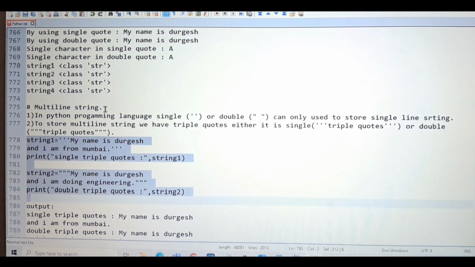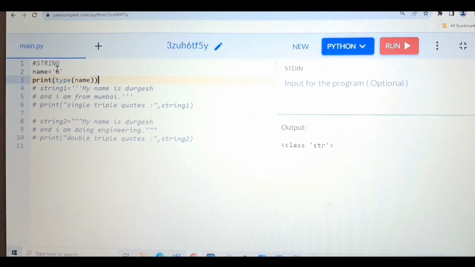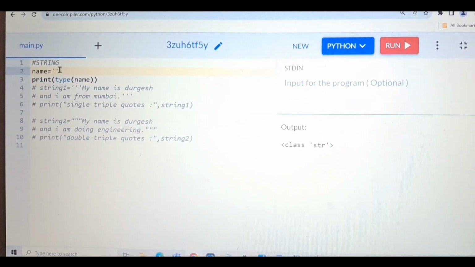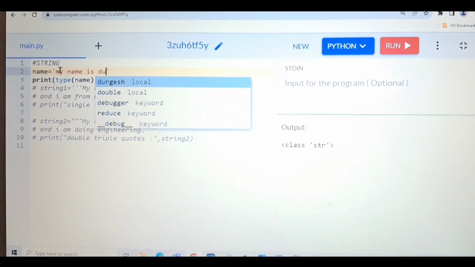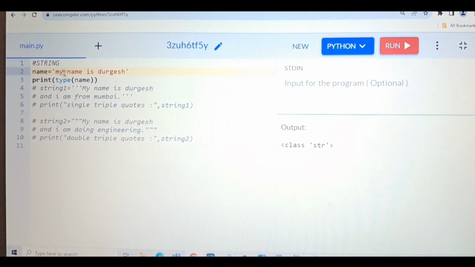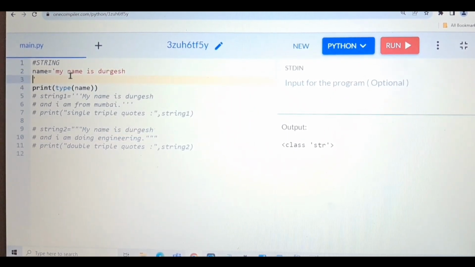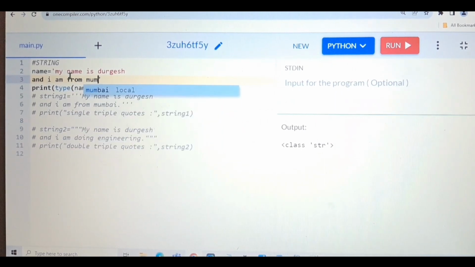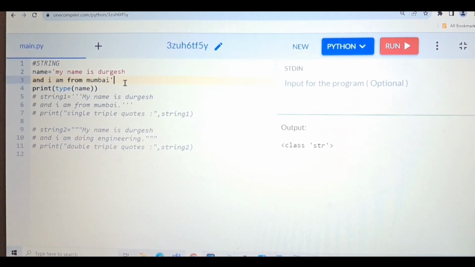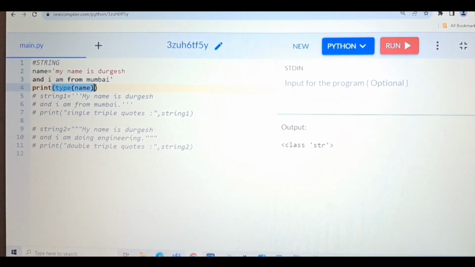So in simple terms, what is a multi-line string? If you are storing any string in more than one line, it's nothing but a multi-line string. So let me show you practically what I'm trying to say. For example, here I'm writing, my name is Durgesh. And in the second line, I'm writing, my name is Durgesh and I am from Mumbai. So if I want to print that